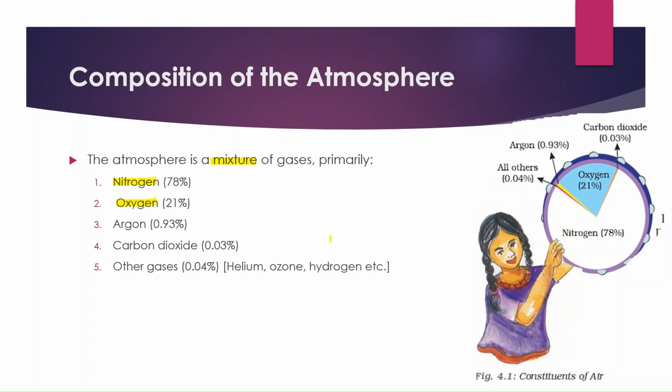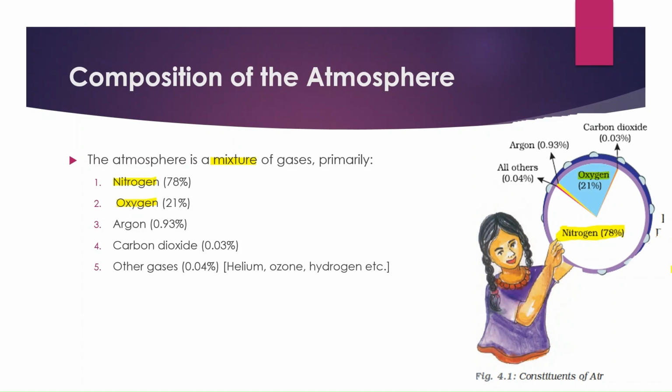So, the most abundant gas in the air is nitrogen, which is 78%. It is the most common gas, and even though we breathe it in, our bodies don't use it much. However, it's crucial for plants, which get nitrogen from the soil with the help of bacteria known as rhizobium. The next abundant gas is oxygen, which is 21%.